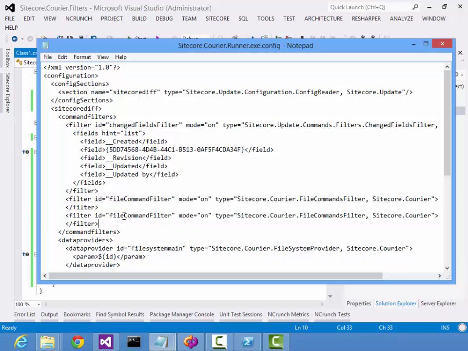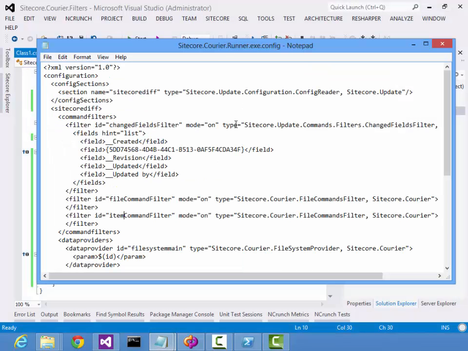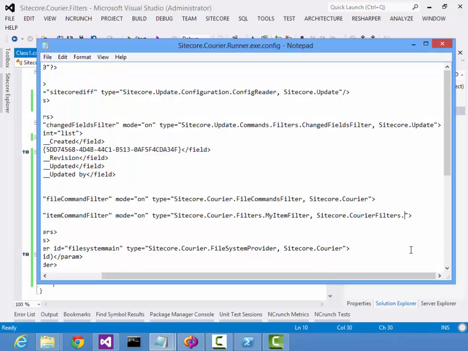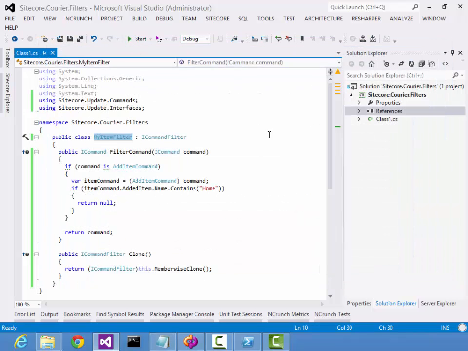It will be an item command filter, MyItemFilter here. Okay, Sitecore Courier.filters. And don't forget to change the assembly as well. Okay, that's it. Now we can close it.